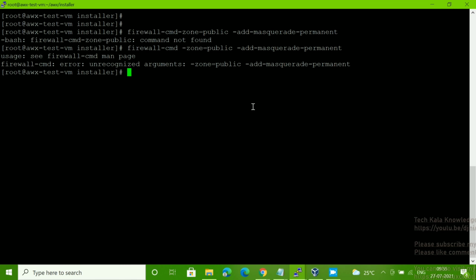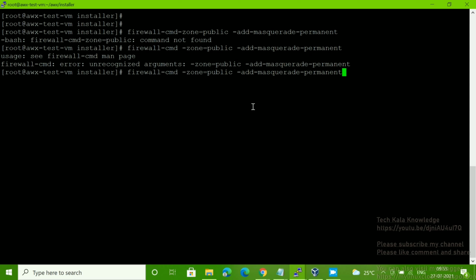Unauthorized argument, zone public parameters. Why? Let me check what the problem is. Let me check why it's showing the error. What is that command?